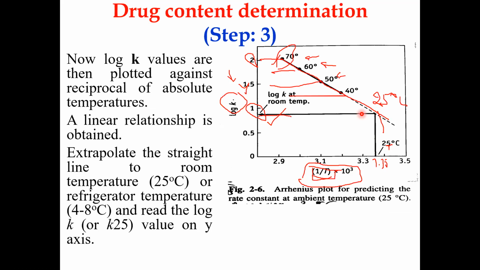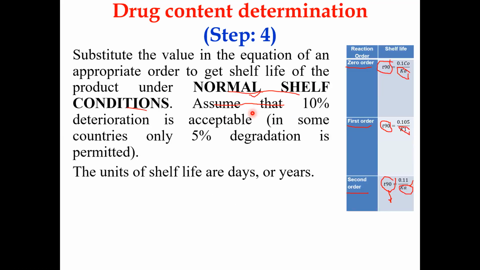Right. So take the value which you got here and substitute it in K. K0 indicates zero order, K1 indicates first order, K2 indicates the second order reaction. If you substitute the values, you will get how many months it can maintain the shelf life of the product. T90 will give you a number of months. It may be 30 months, 40 months, 60 months. You will get the answer.